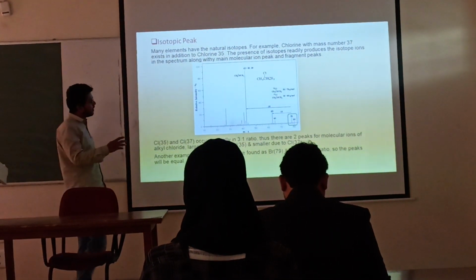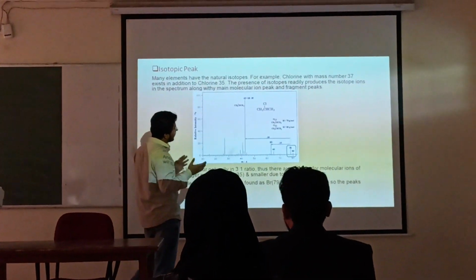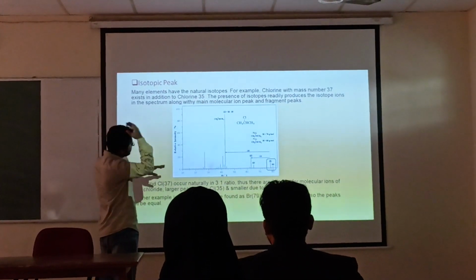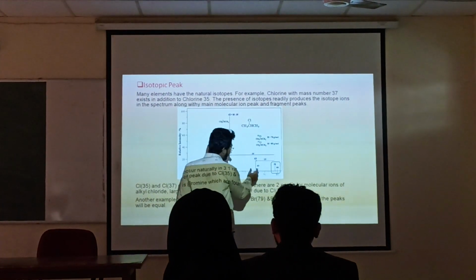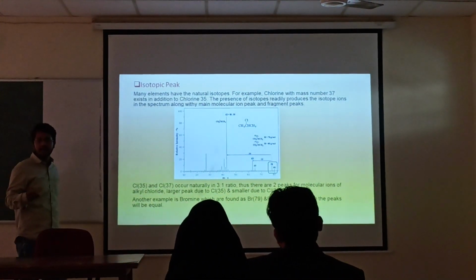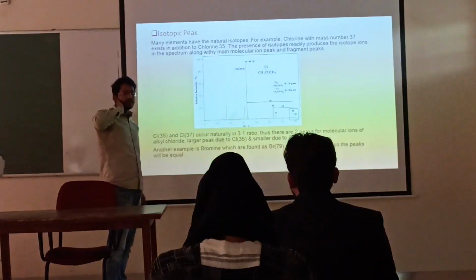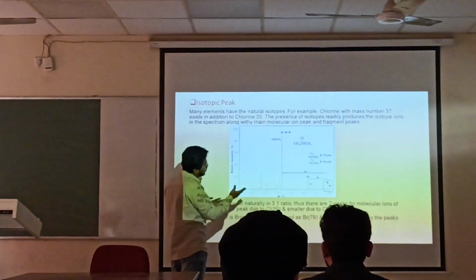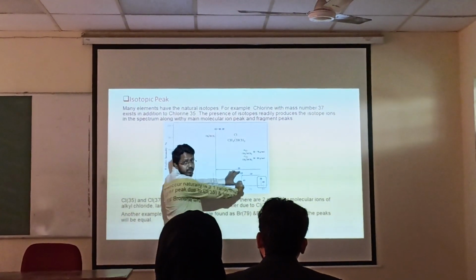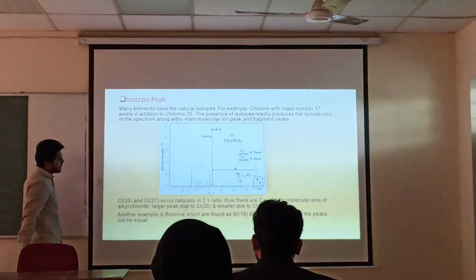Isotopic peak: different elements have isotopes, and some of the peaks are formed according to their molecular weights. The isotopic peaks are those peaks that are formed at a gap of their molecular weight. For example, chlorine 35 and chlorine 37 occur in nature in the ratio of 3:1. So the chlorine 35 peak will be at an intensity of thrice, and the chlorine 37 will be at an intensity of 1/3 of that of chlorine 35.